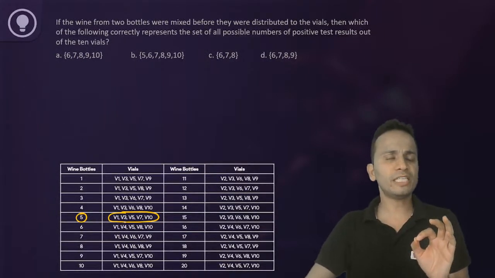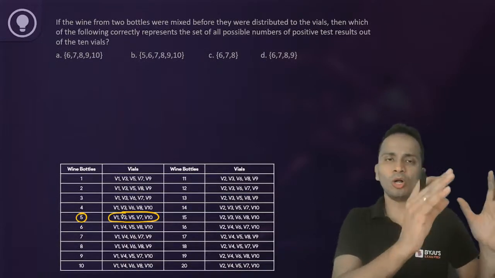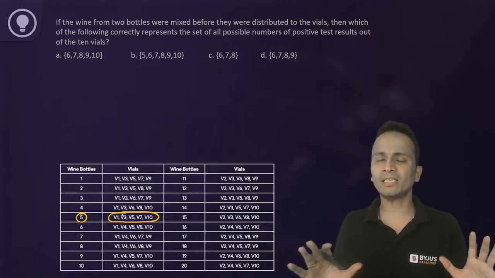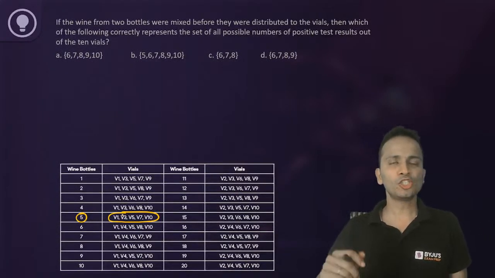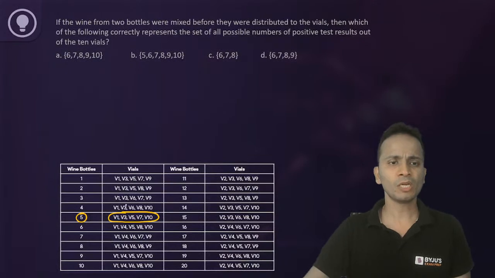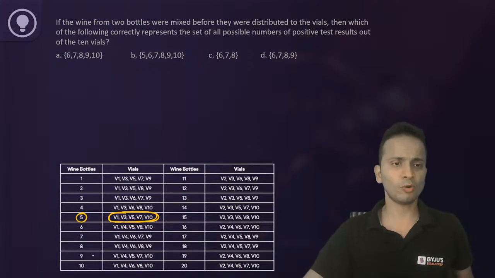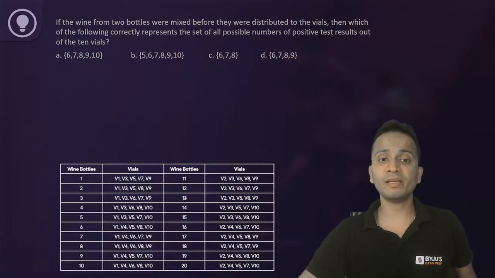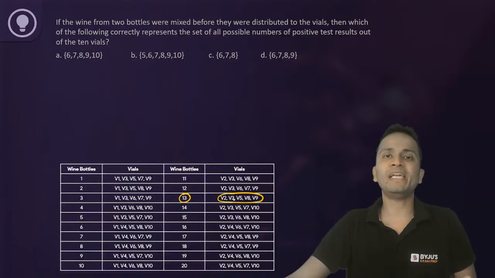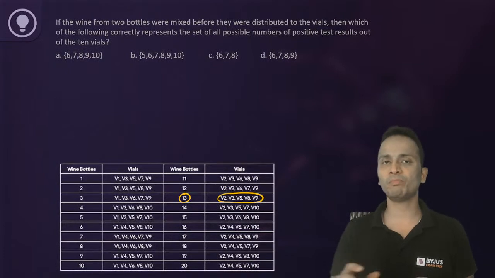So I've taken a scenario before this mixing. So the normal scenario, right? All the 20 bottles are intact. No mixing has been done. So we know that only one bottle has poison and assuming that bottle number 5 has poison, then these 5 vials will test positive. Now, if let's say bottle number 13 is poisonous, then again these 5 vials will be tested positive. So in every scenario, only 5 vials will be tested positive.